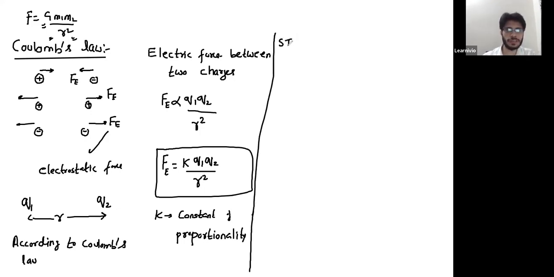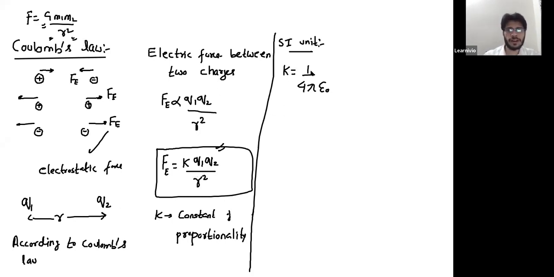In different systems of unit, this K will have different values. If you are working in SI unit, then you can write K as 1 over 4 pi epsilon. Just by looking at this expression, you will get an impression that force depends only over the charges and separation, nothing else, because this is a constant. But actually, what do people think? Does force depend only over charges and separation, or does it depend upon medium too? Medium too. Yeah. Force not only depends upon charge and separation, it also depends upon the medium between the charges.